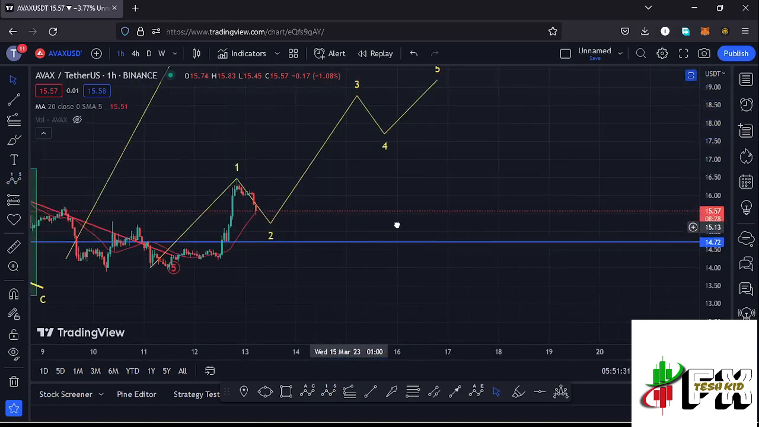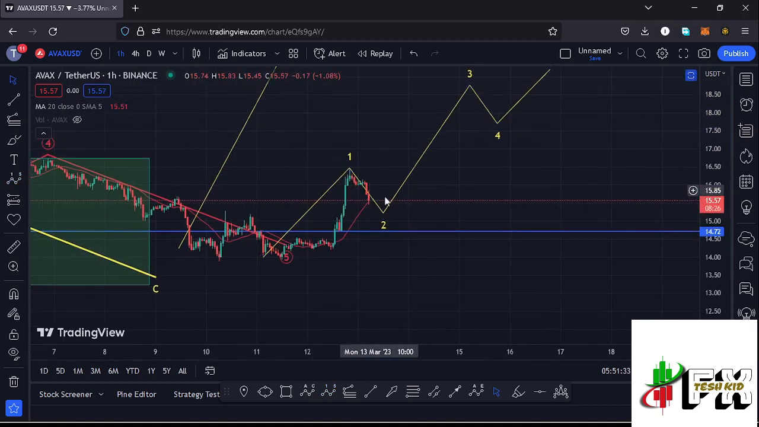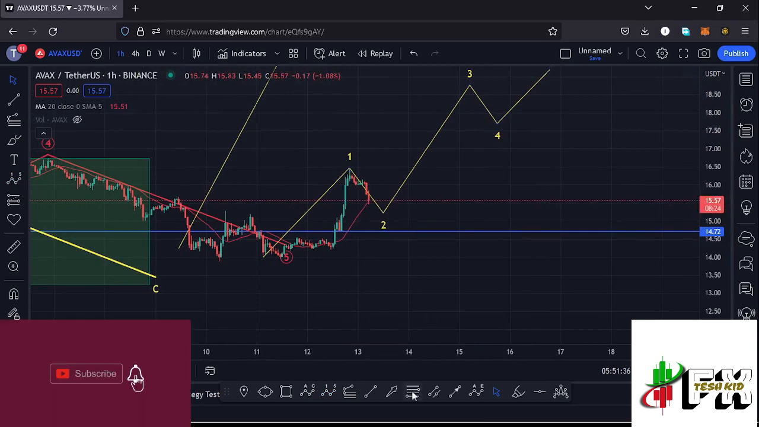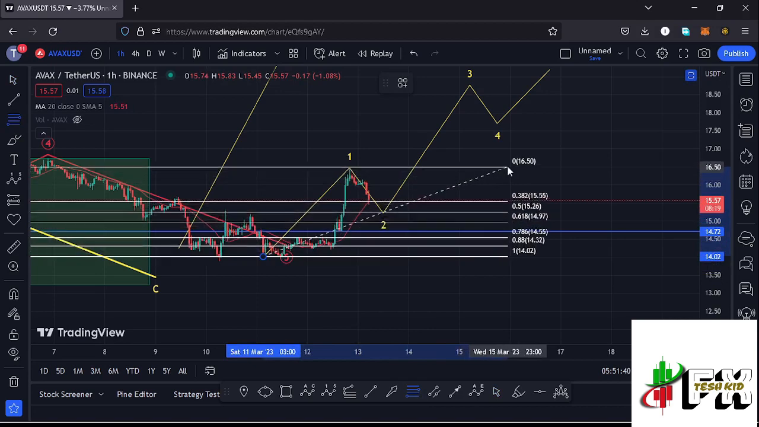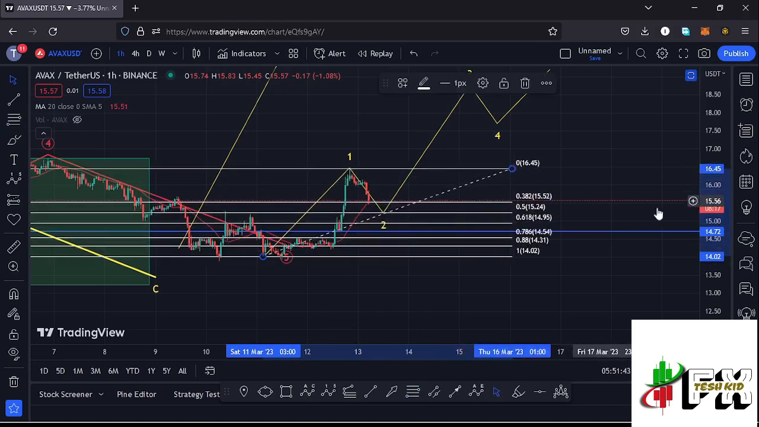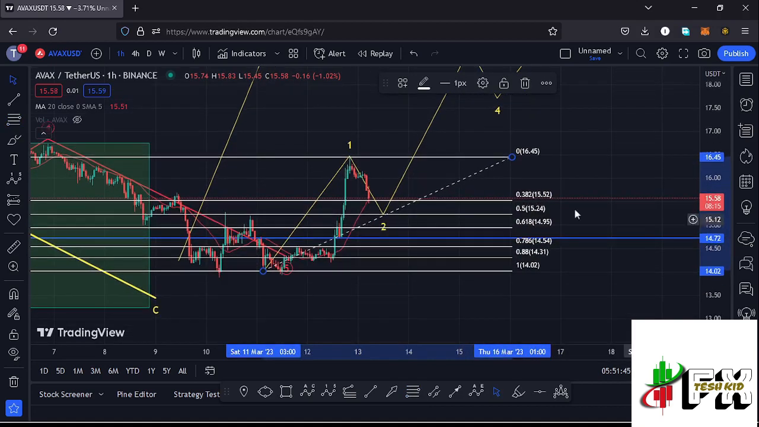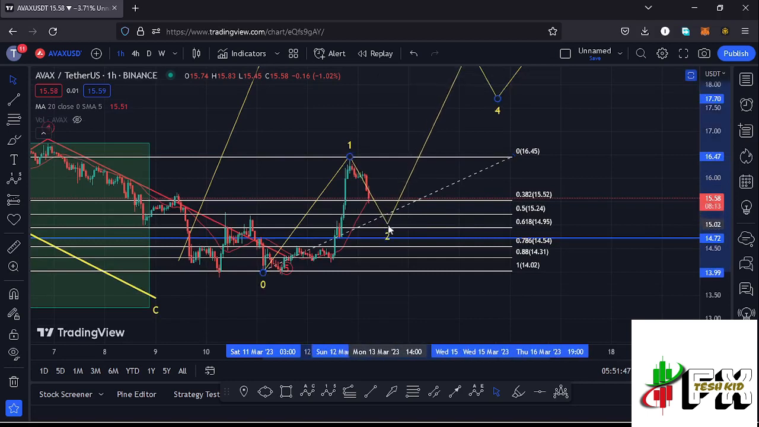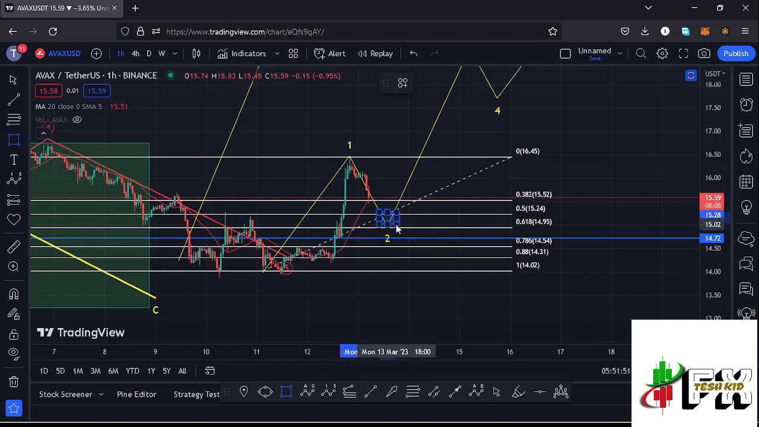And if that is the case, we can sketch out a target area to the lower side in the formation of this wave 2 using the Fibonacci's, connecting them from the low of the first wave to the high of that wave 1, and that gives me a minimum retracement area in the formation of that wave 2 between the fib level 0.5 and the fib level 0.618, and I can mark that target area here on the charts like that, which lies between the $15.24 mark and the $14.95 mark. And there are chances that Avax might give us a bit of a pullback into that target area down here between the $15.24 mark and the